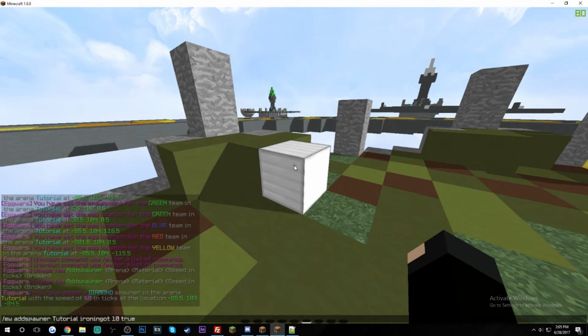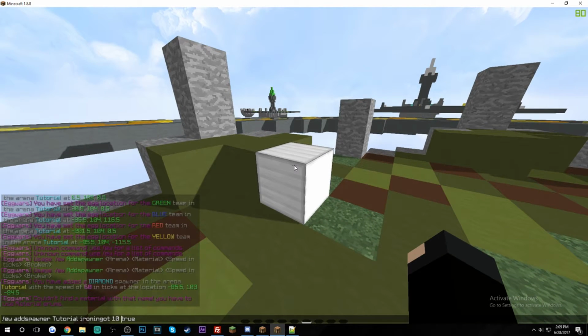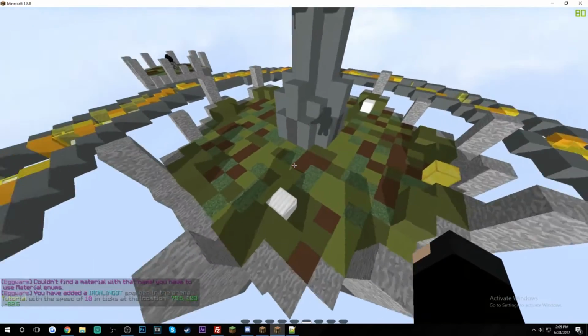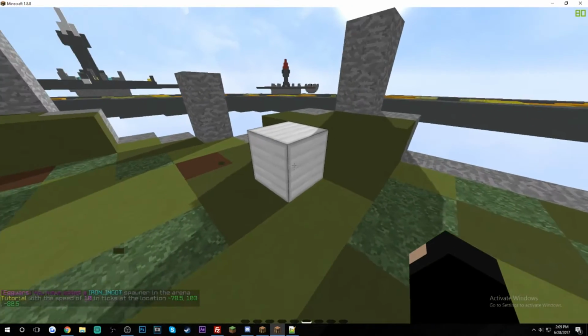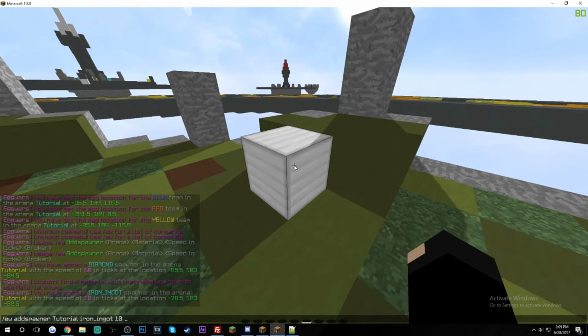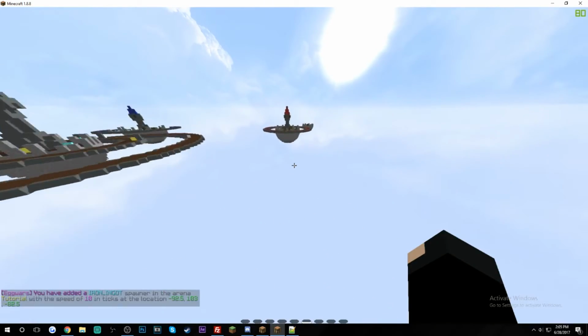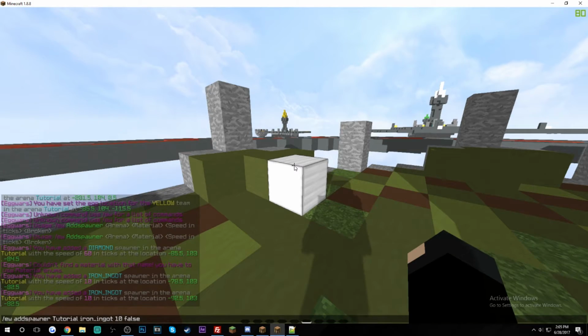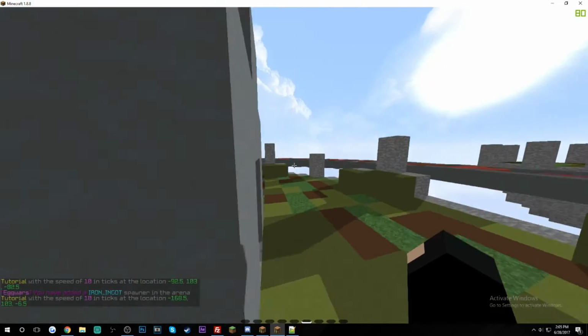Iron ingot. Oops, my bad. I'm gonna have to do one of these bad boys, and I'm gonna do a broken one for this iron ingot. I think this would be a pretty good example at this yellow base. I'll just have to do one at the red base too, just in case we do spawn at this. So bang and